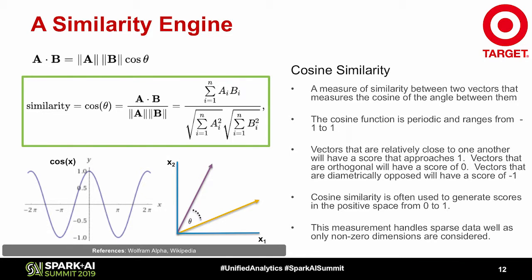So like I said, this is a measure of similarity between vectors that is a measure of the angle between them. So as the angle approaches 0, this metric approaches 1 because they're really similar. If the vectors are orthogonal, there's really no overlap, and so the metric will approach 0. And then it ranges from -1 to 1, but we typically work in the positive space since we're dealing with positive feature vectors. And so this is a really great metric. It handles sparse data well, and it handles multi-dimensional spaces very well.